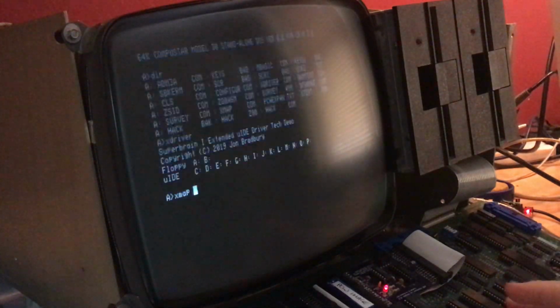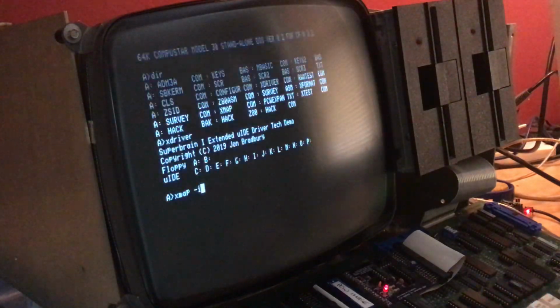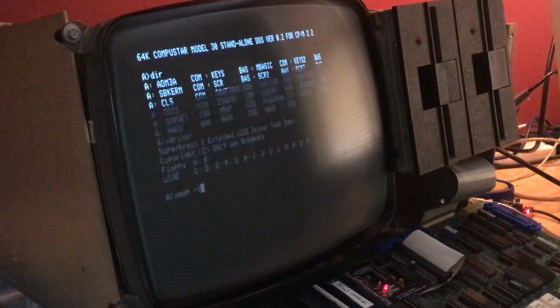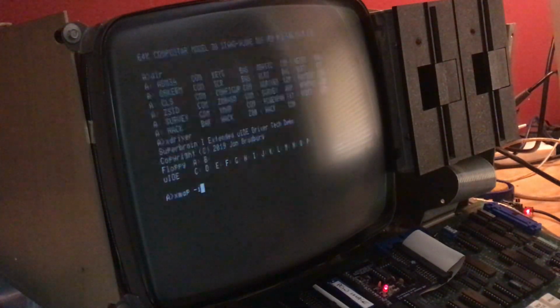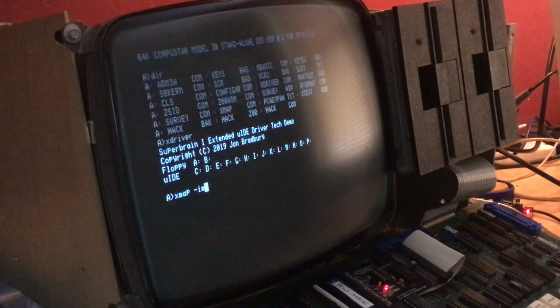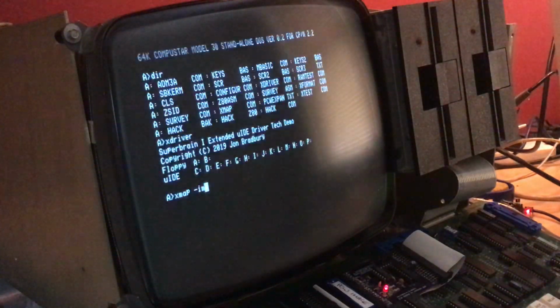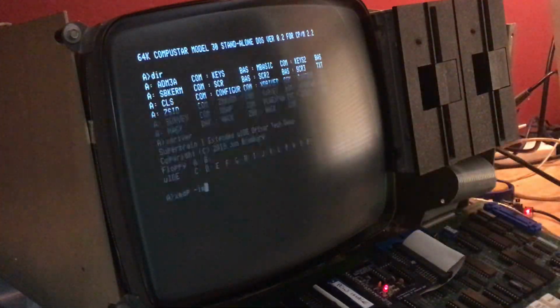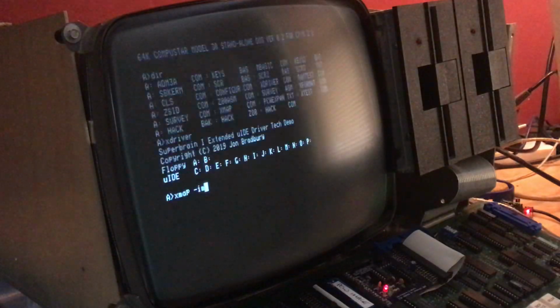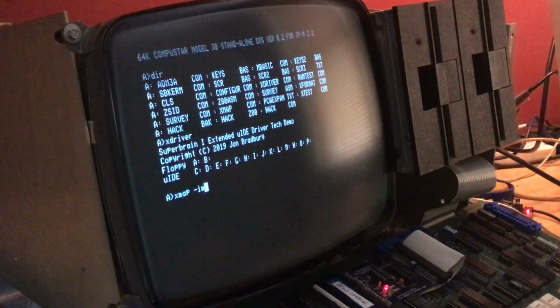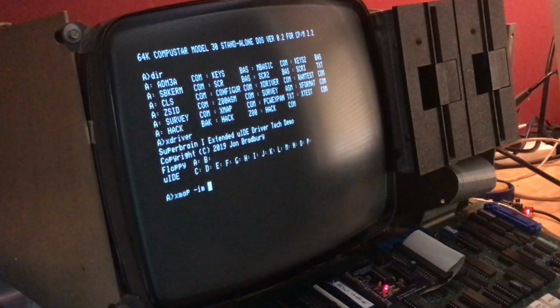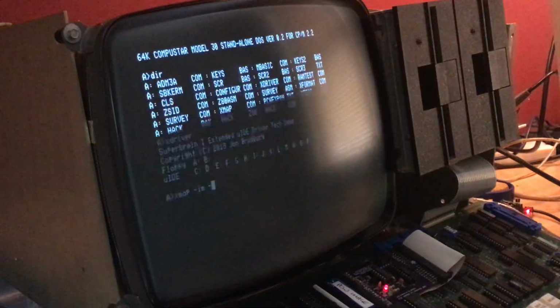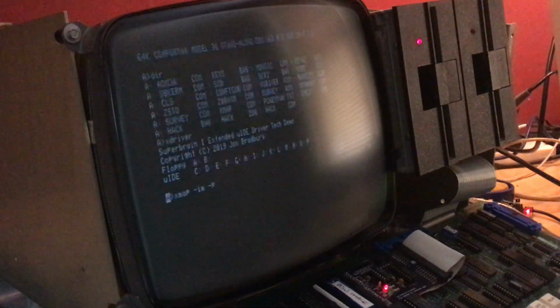So I do xmap and I say -i, and this is the input. This is where it's going to read its input from. I want it to input from memory. It could input from the X driver file as well, so I could just look at what's in the xdriver.com file, the map that's in there, which is what it uses to initialize the driver when it loads it. And I'm going to ask it just to print the map, and we should be able to see then